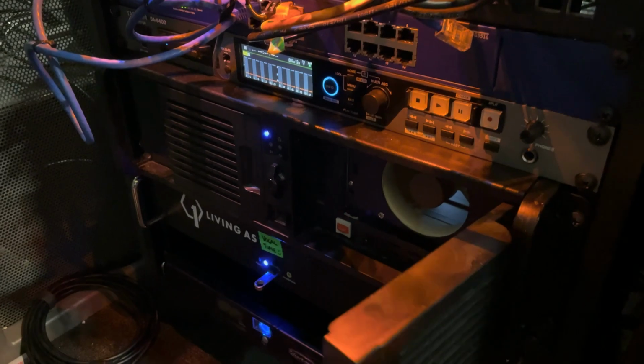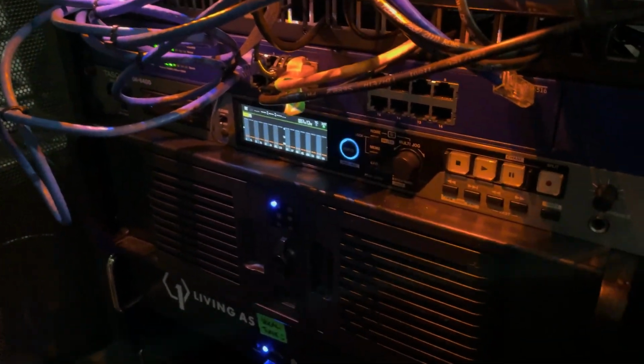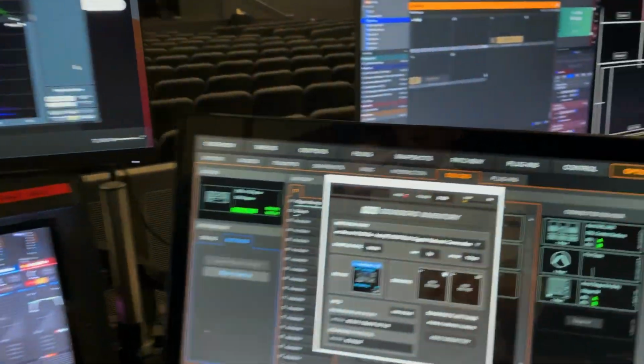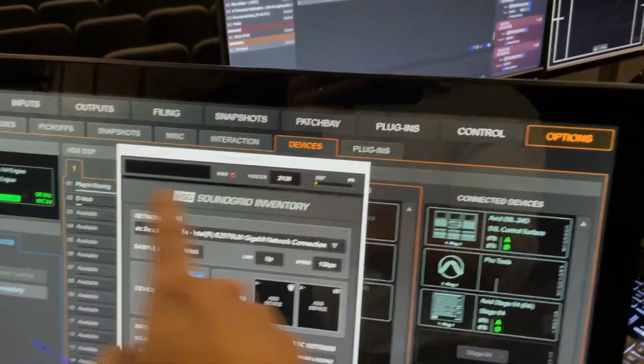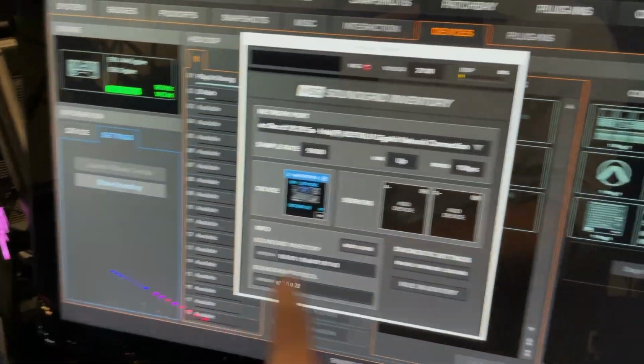Okay, so I have booted the SoundGrid server, DIY, while it was connected to the network, and I then pressed enter after I let it boot for a second to get past the BIOS. Next thing that we're going to do is go over to your venue console. We can go options, devices, and then click on our Waves SoundGrid card, go show inventory, and then over here